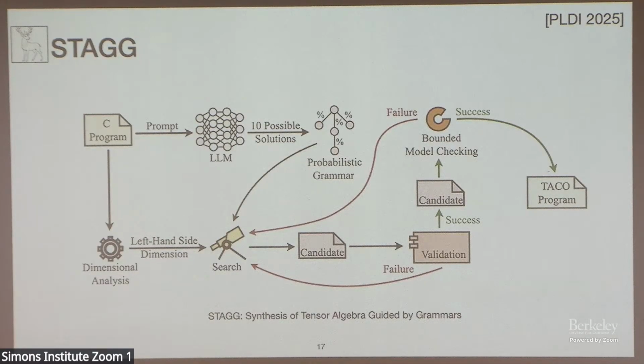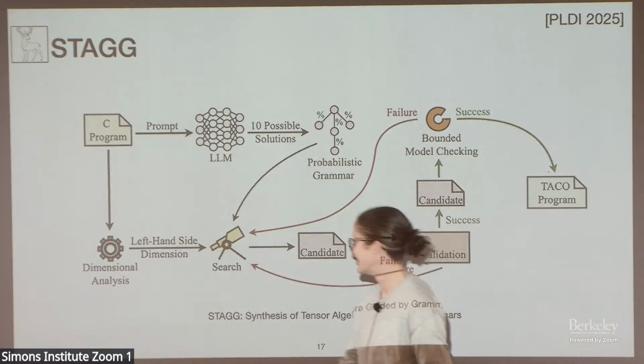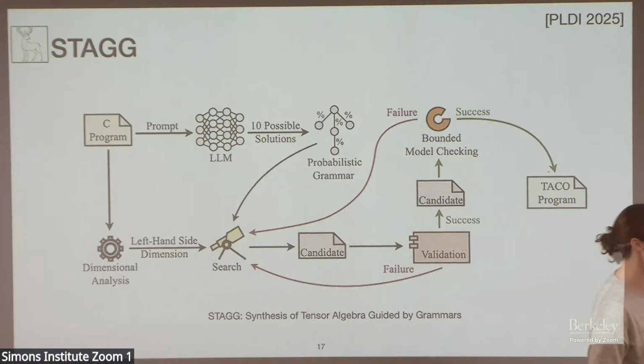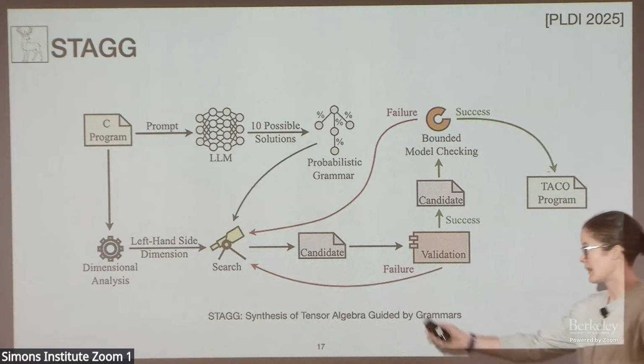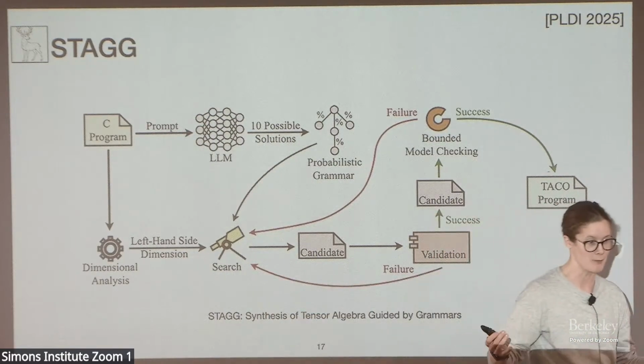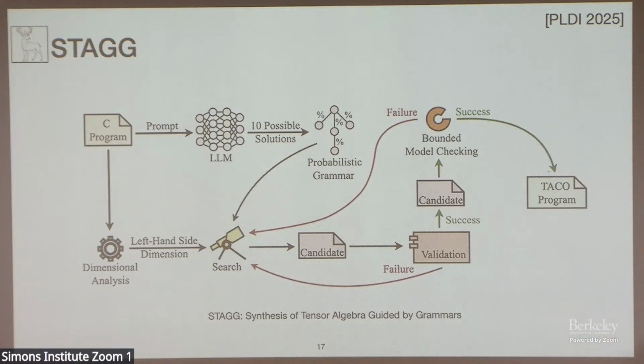What's dimensional analysis? Because that seems to be an input to the search. This also comes back to things that the LLM gives you that are incorrect. The one thing the LLM is really not very good at is picking the dimensions of the left-hand side of the expression, so the dimensions of the output, and it turns out we can just do that with static analysis. So the dimensional analysis just tells you what the type of the output is, basically. It turns out that's not very easy to predict from the C code if you're an LLM.